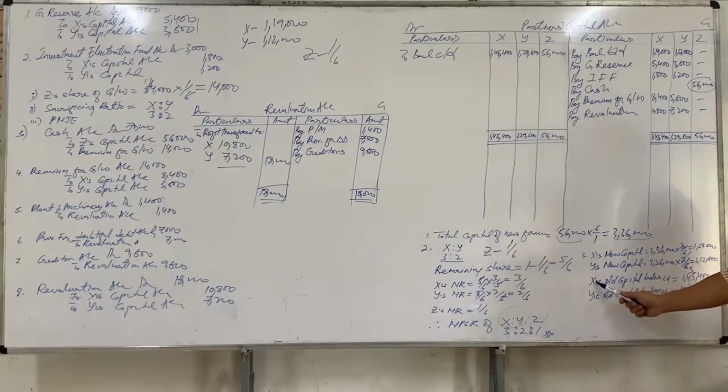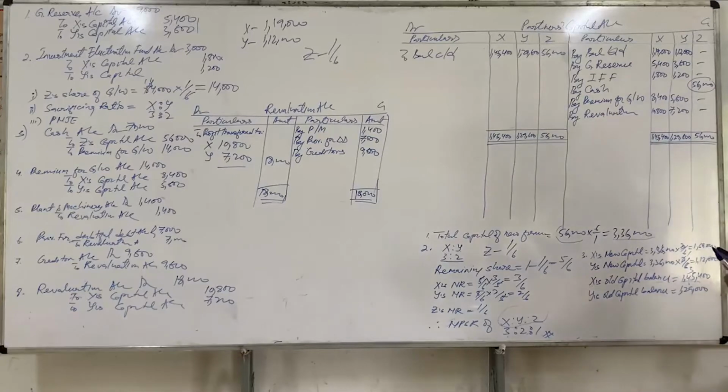Now what we have to do is compare the old capital balance with the new capital. Since both X and Y don't want to keep their existing capital, I mean the old capital balance, they want to have new capital on the basis of the new partner's capital. So here we need to compare X's old capital balance with X's new capital. X's old capital is less than the required capital, which is 1,68,000. If X's old capital balance is less than X's new capital, then there is a deficiency, and X has to bring additional capital so as to have 1,68,000 as his new capital.